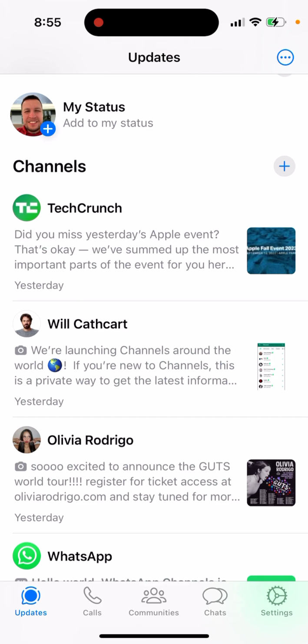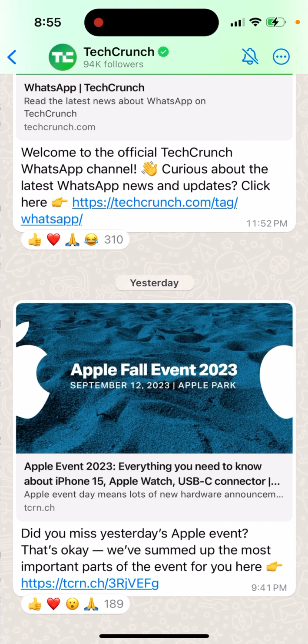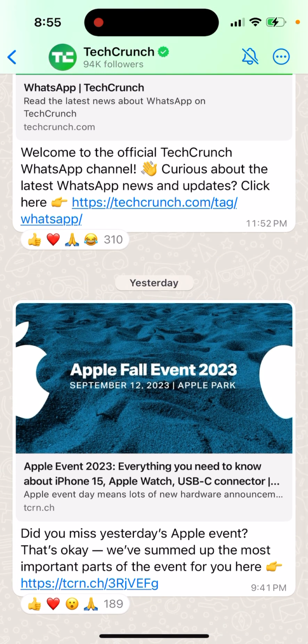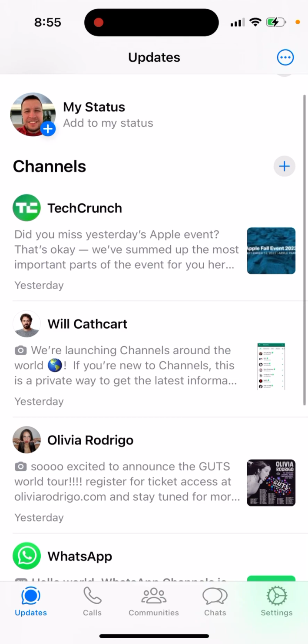If you like some publication, you can just go to the specific channel and focus on all the different news from this publication. Instead, on Twitter or somewhere else, you will just see the full feed of updates and get distracted. So this is a more focused way of consuming content.